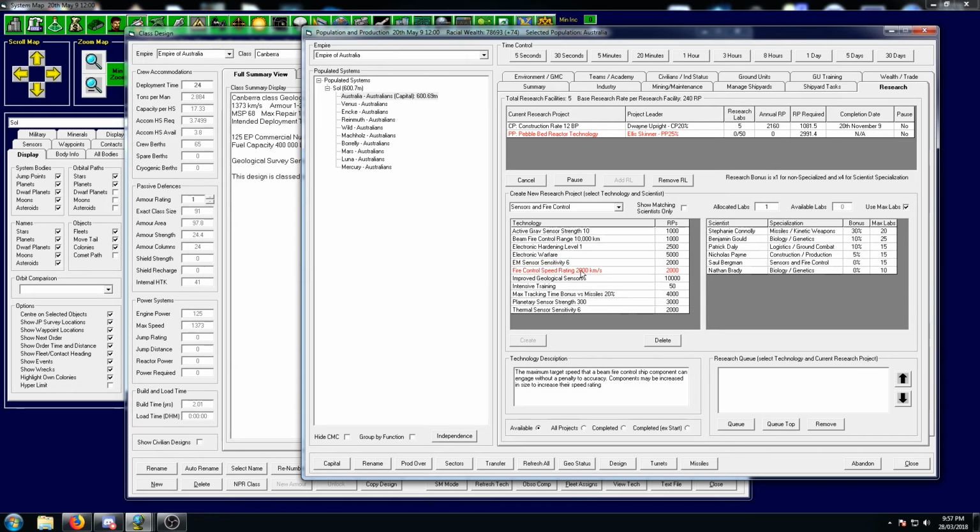Fire control speed rating, same as beam fire control range, but for speed. You can multiply it by adding size to your fire control, but that's the base racial speed, so obviously the higher the better. Beam fire control: even if you're not using offensive beam weapons, you want this for your defensive beam weapons. This one more so than this one, actually, because to shoot down missiles, you really need the tracking speed